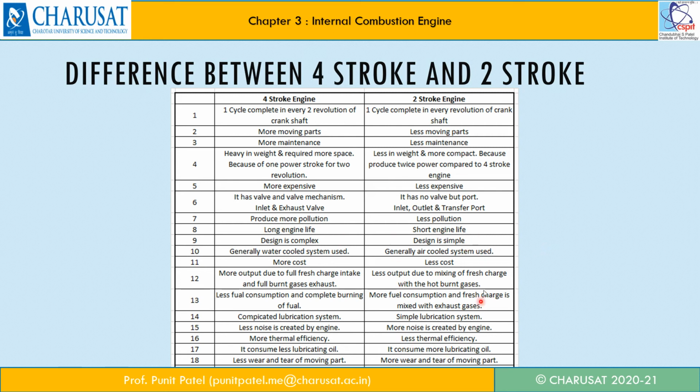You will definitely understand all these points when we discuss the two-stroke petrol as well as the two-stroke diesel engine. But why are we using the four-stroke engine nowadays? Because of this reason, the 16th point. It has more thermal efficiency, whereas the two-stroke engine has less thermal efficiency. So the rest of the part I would like to give you as self-study because it's quite easy to understand.